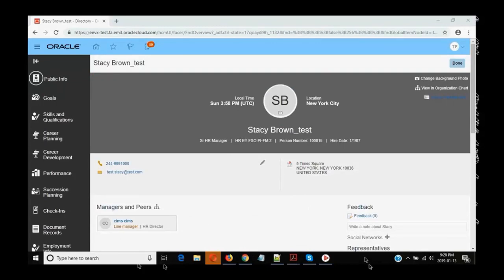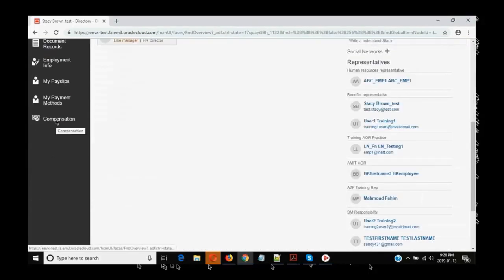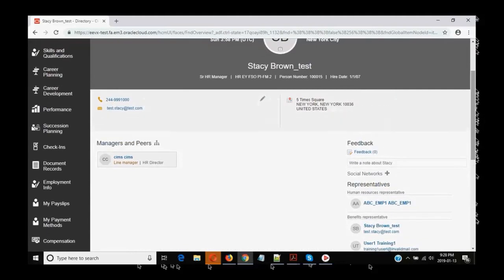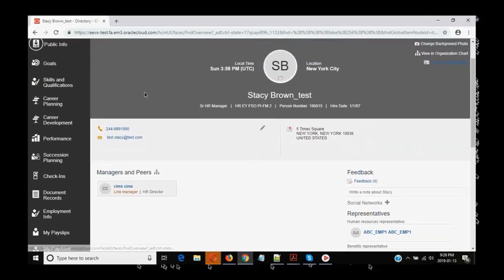Again, depending upon the privilege you have, you will be able to see these cards, which we call portrait cards. Suppose this person is a super user, so this person is able to see details like compensation, payment method, pay slip and all those things. Now, if I go into public info, I see details like your phone number, email address, managers, and